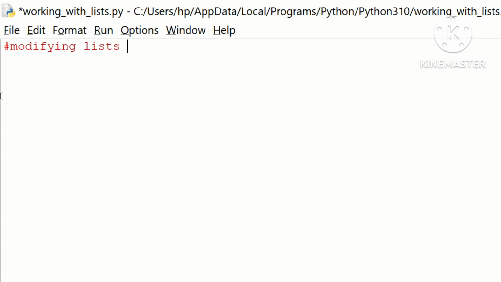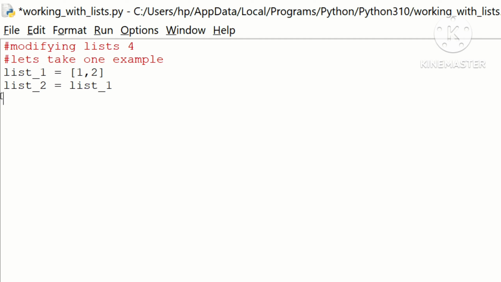Modifying list4: the concatenation of a list will update the reference to a new object. Let's take one example. list1 = [1, 2]. list2 = list1. Print of